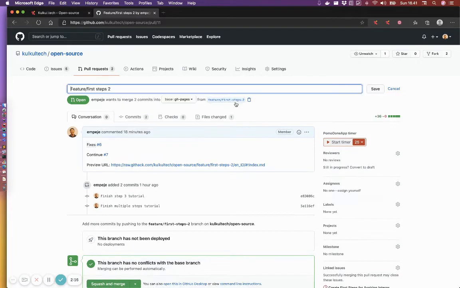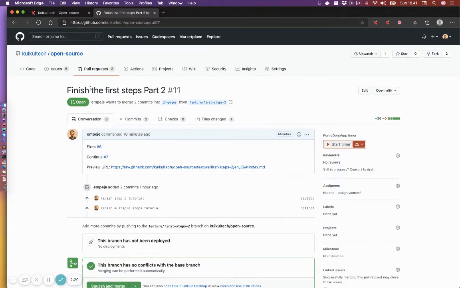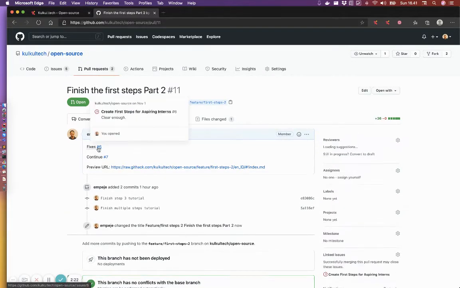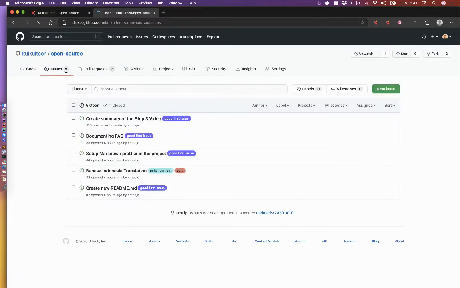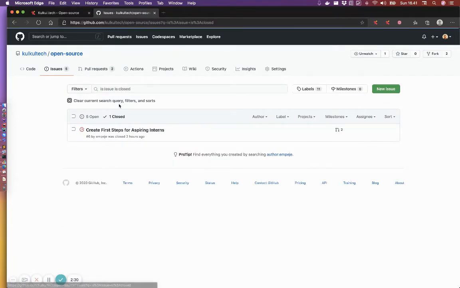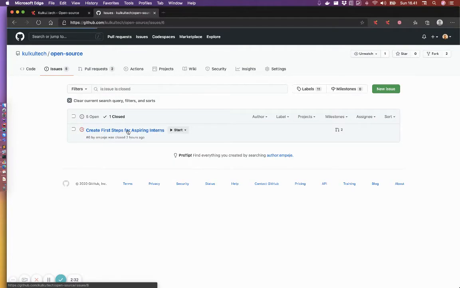So for example, in here, I should have named it as this one. Sorry. So finish the first step part 2. So fixes number 6. Number 6 was create first step for aspiring intern. Actually, it is not solved enough. So I'm sorry, guys. I'll make it reopen again.